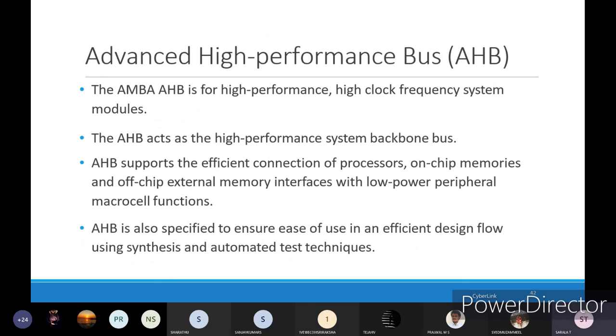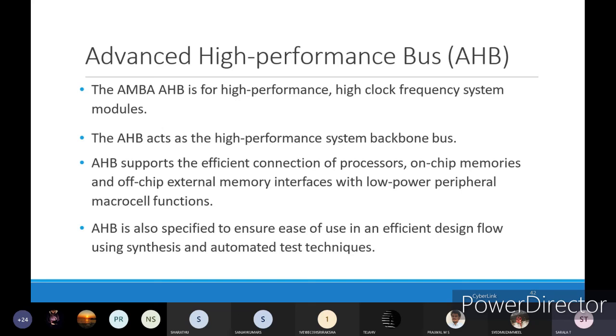First, the Advanced High-performance Bus, that is AHB. The AMBA AHB is a high-performance, high clock frequency system module, and the AHB acts as a high-performance system backbone bus. High performance means the data transmission speed will be high. AHB supports the efficient connection of processors, on-chip memories and off-chip external memory interfaces with a low power peripheral macrocell function.